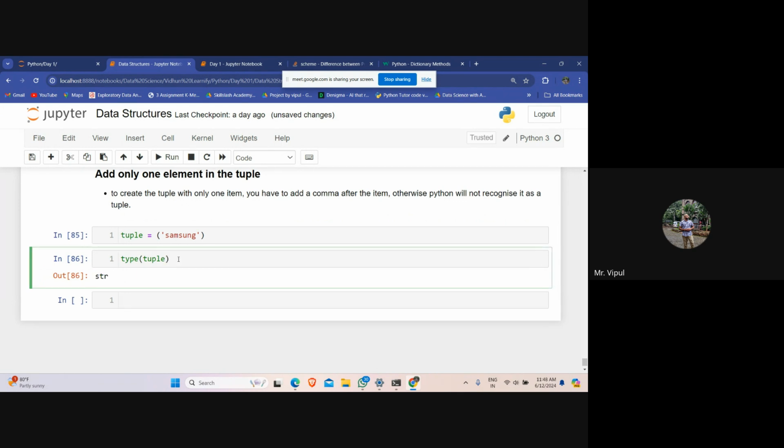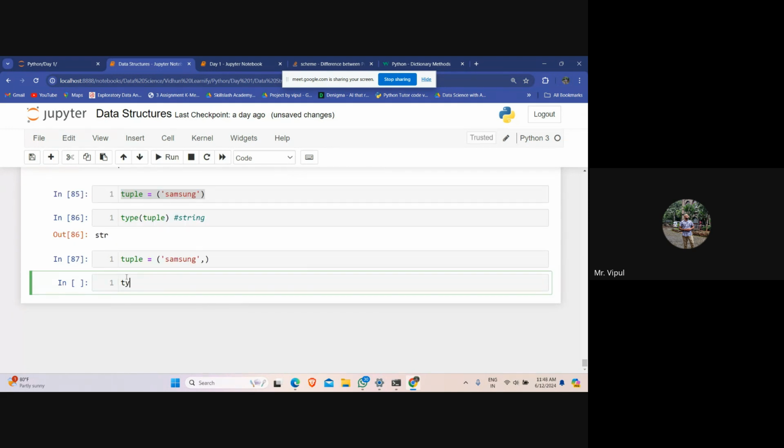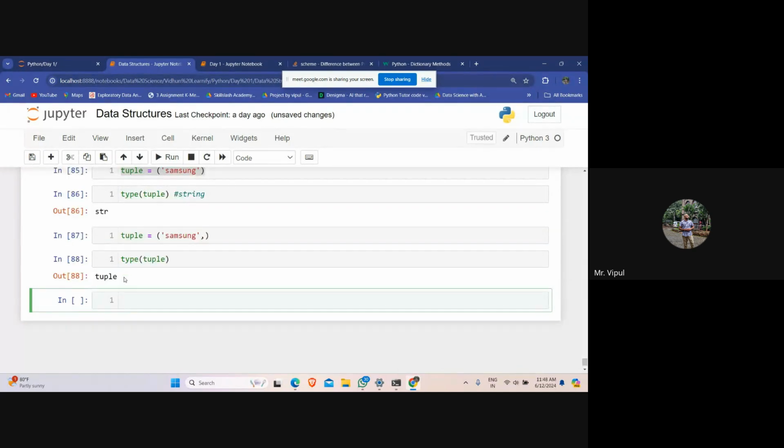It is a string. But if you write it like this, Samsung, then comma, and now check the type of this tuple, it is a tuple, right? So you have to give a comma if you want to add only one element.